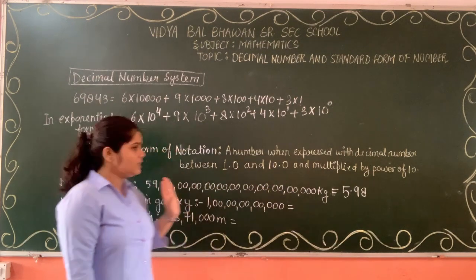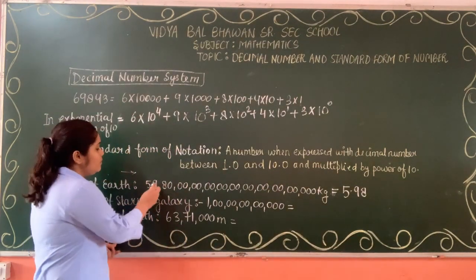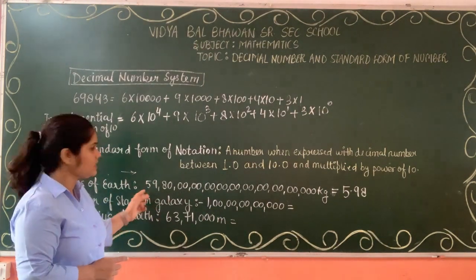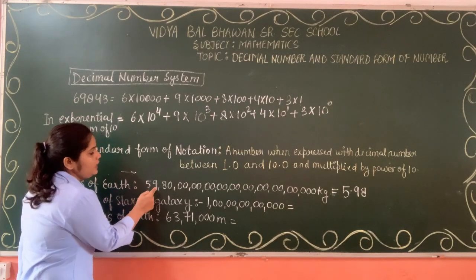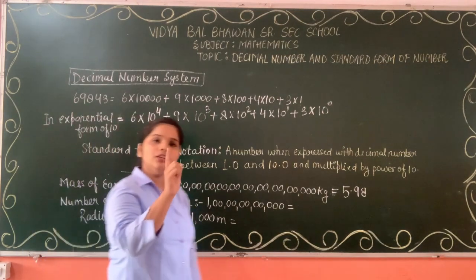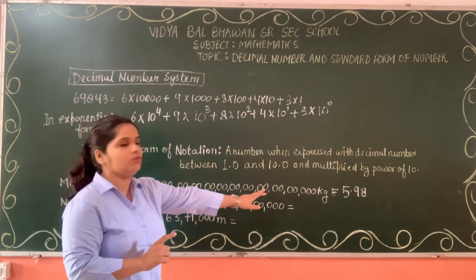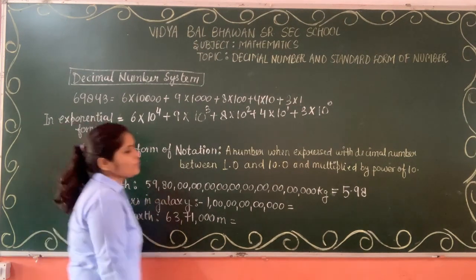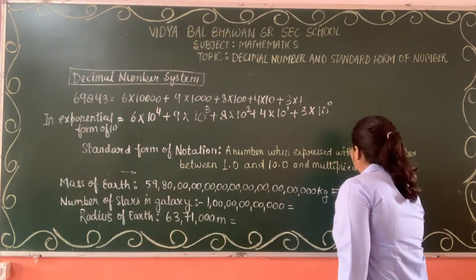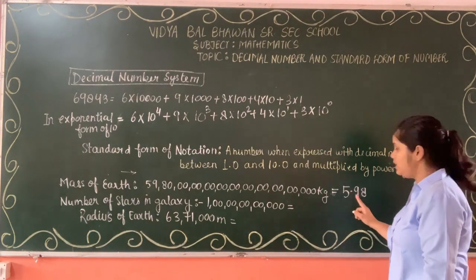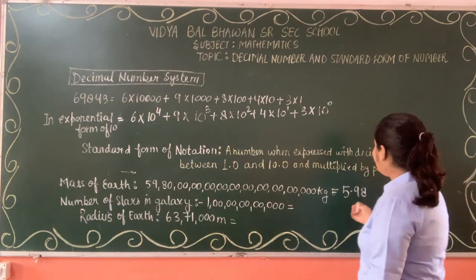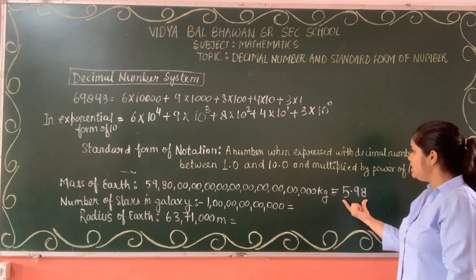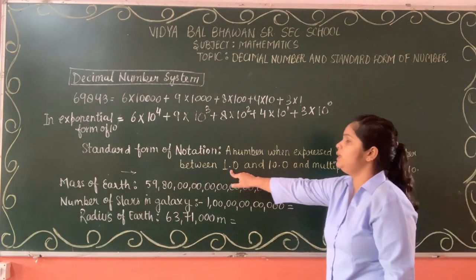You can see here 598000. We are having this number. So what we have done, we have placed the decimal just after the first digit from the left side. It become 5.98. We are just writing non-zero number and not writing all these zeros. Just the non-zero number. Non-zero numbers are 5, 9 and 8. So we have represented it like here, 5.98. You can see this decimal number is in between 1 and 10 only. This decimal number 5.98 lies between 1 and 10 only.